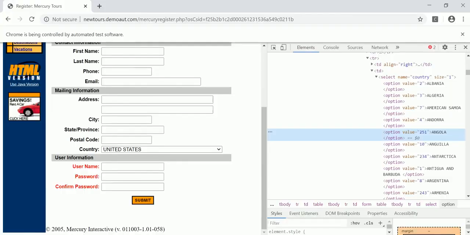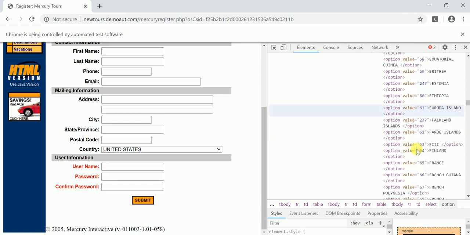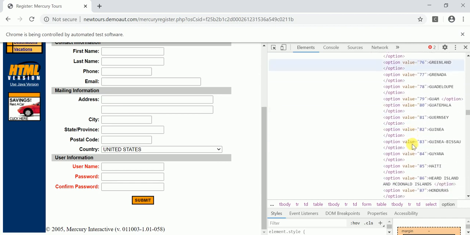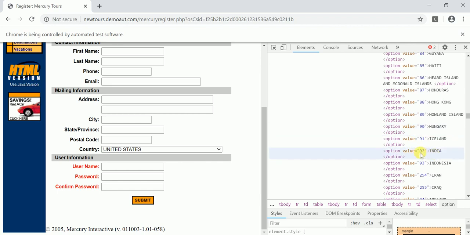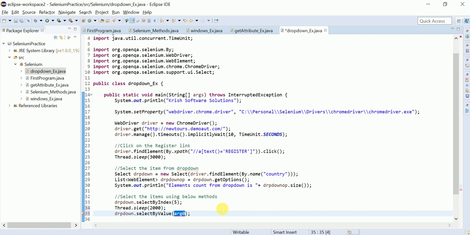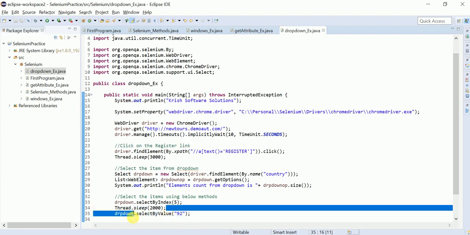Go here and check it out. Here you can see the value. Based on this value it is going to select. Let me take the value 92, because it is India. In the double quotes I am giving the value 92. It should select India.